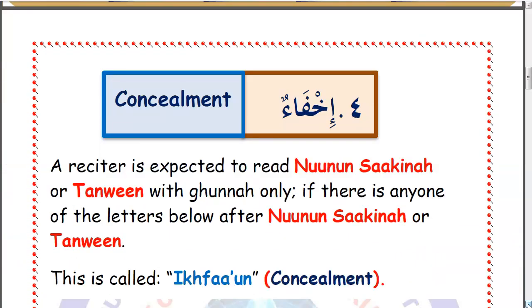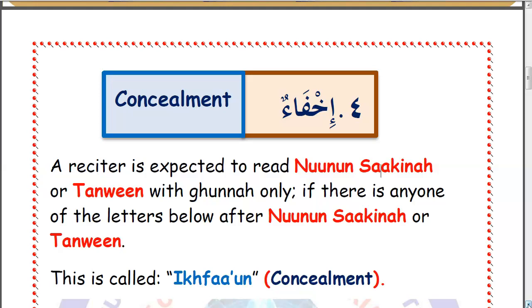In this part of the lessons, we are going to discuss the fourth rule guarding the pronunciation of Nun Sakina and Tanween in Tajweed. The concept of Ikhfaa. Ikhfaa means concealment. To conceal means to hide something. You may ask me, what does Ikhfaa have to do with concealment or hiding?